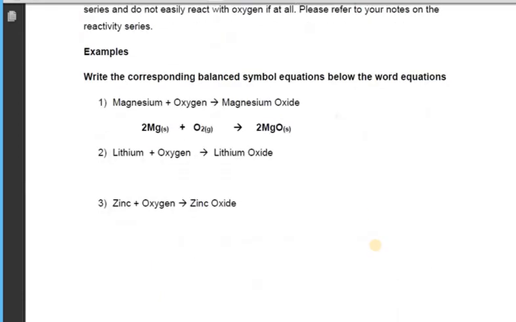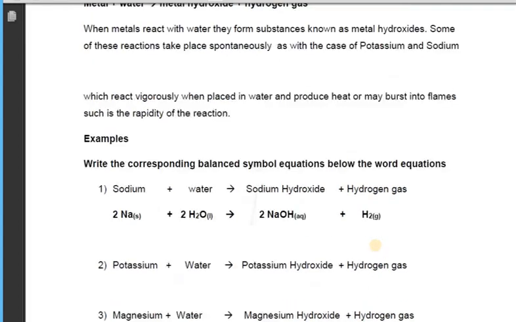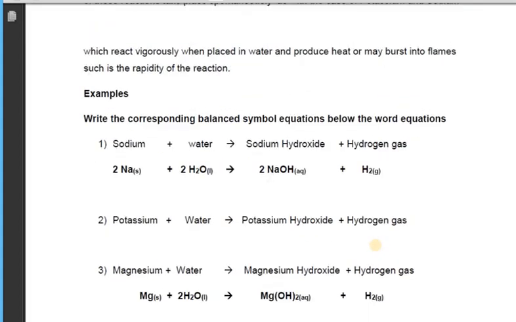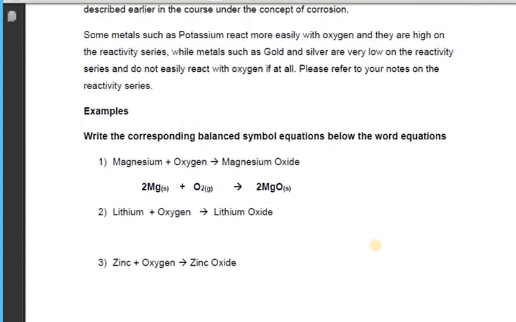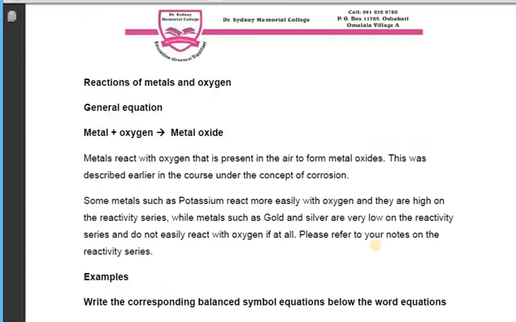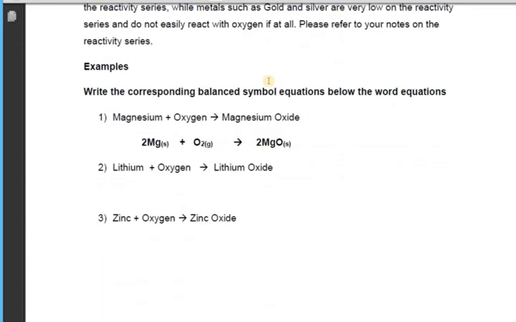These equations for metals plus water, right? Metals plus water, then metals plus oxygen. I will want you to submit, as well as the one for carbonates, I will want you to submit these equations